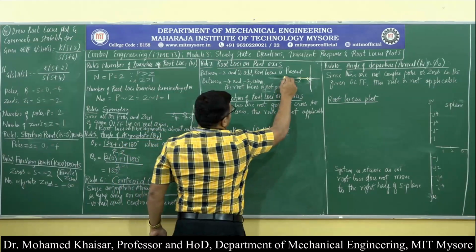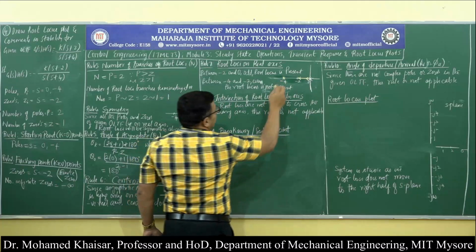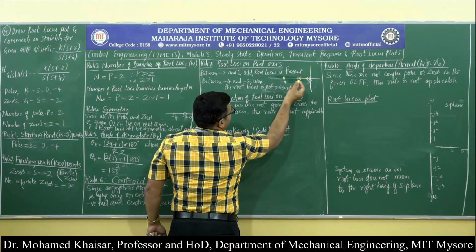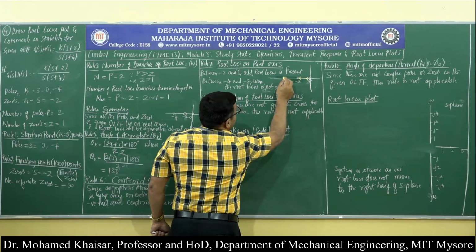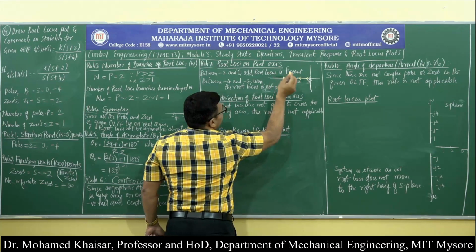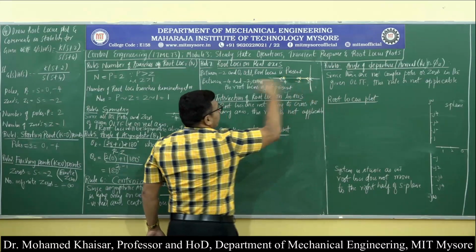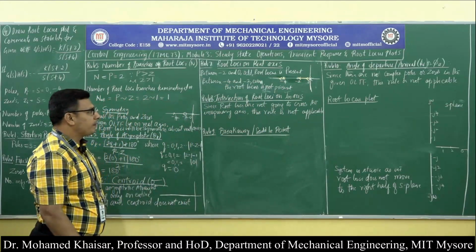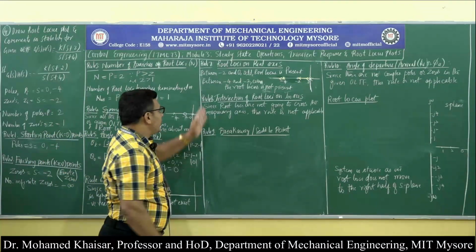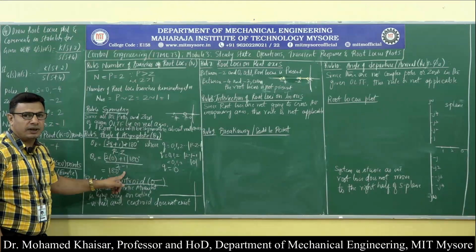Whereas as we can see over here, this is going to be the starting point, because of which if the root locus is not present on this side, obviously it has to be present on the other side. So it is going to leave the pole at minus 4, and the arrow is going to go on the left hand side.